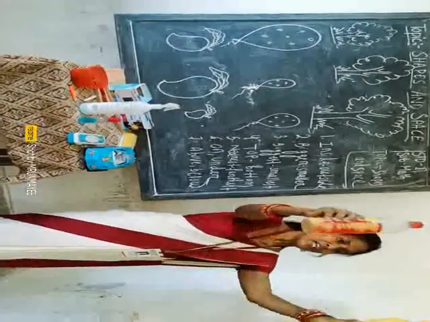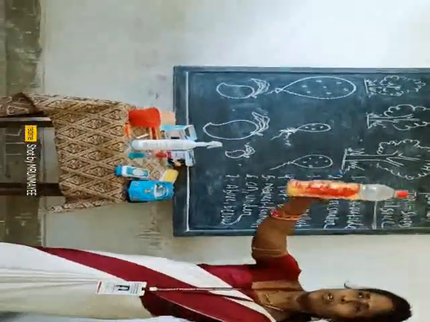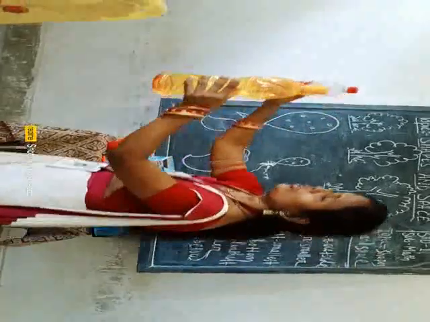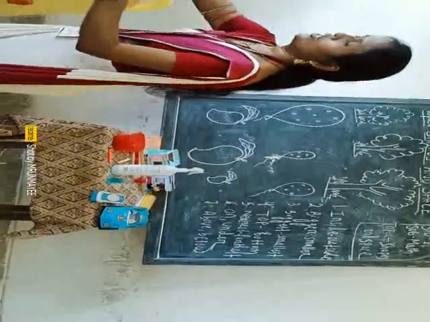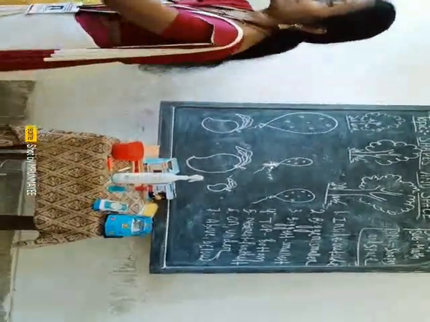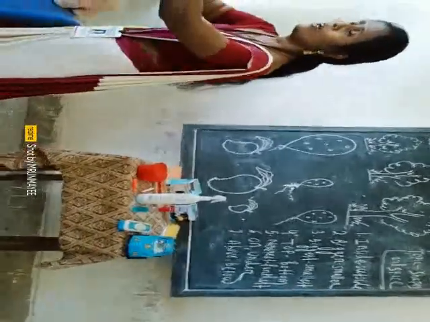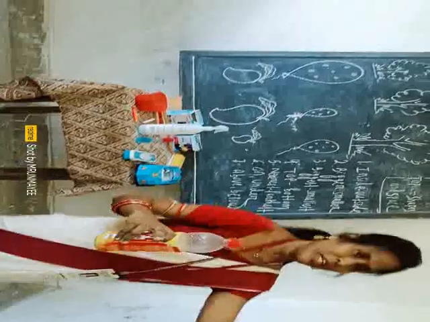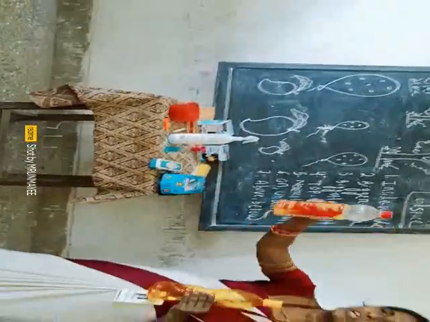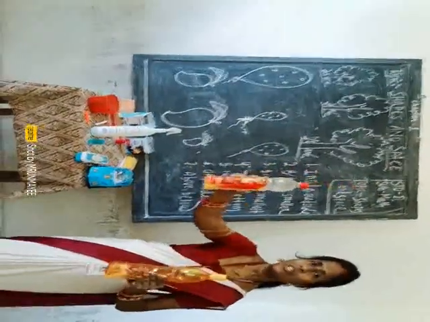Now the next example also I will show you, these two bottles. Can you tell me, students, which is the bigger and which is the smaller? Who will tell? You will tell. Okay, tell me. Right. The one you are holding on the left side is your bigger, and the one you are holding on the right-hand side is your smaller object.